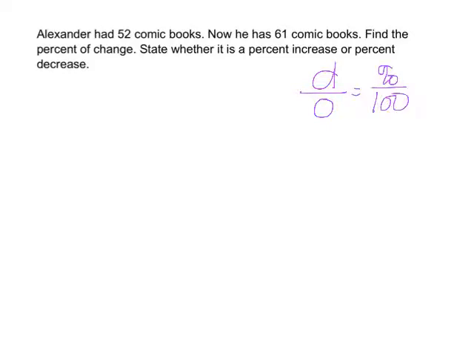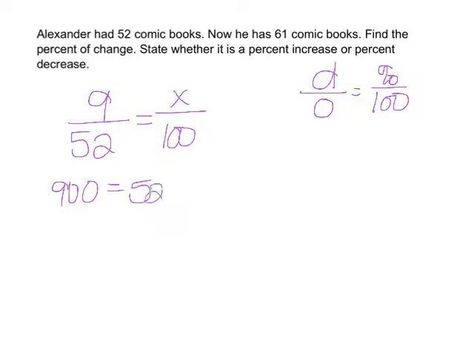So Alexander had 52 comic books, and now he has 61. We're going to find the percent difference, and state whether it's a decrease or an increase. So 61 minus 52 is 9, so my difference is 9 over my original, which is 52, equals my percent, and that's what I'm trying to find out, so I'm going to call it x over 100. So 9 times 100 is 900 equals 52x. When I divide by 52 on both sides,